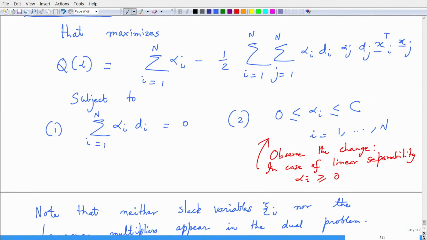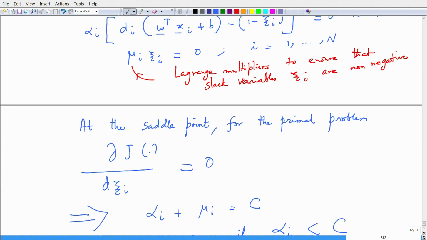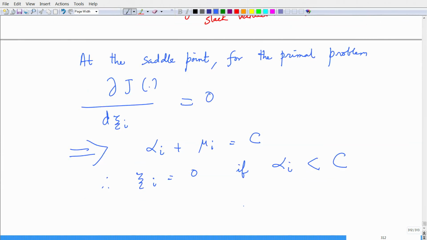Okay. So this completes the details for non-linearly separable patterns. Of course, the missing details in this lecture are the detailed derivations to set up the dual problem and looking into the conditions when we formulate the Lagrangian of the primal problem and setting the partial derivatives equal to 0 and then arriving at the appropriate conditions. These will be exercised during the homework, or the interested reader can work these details out.